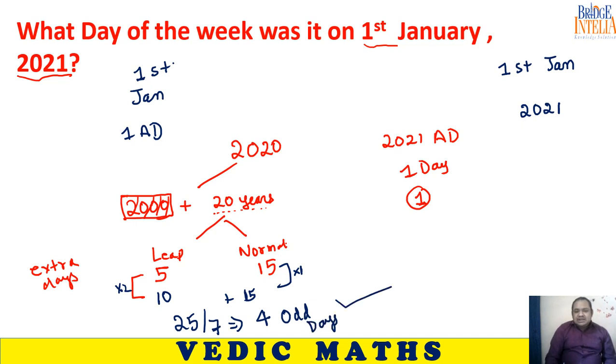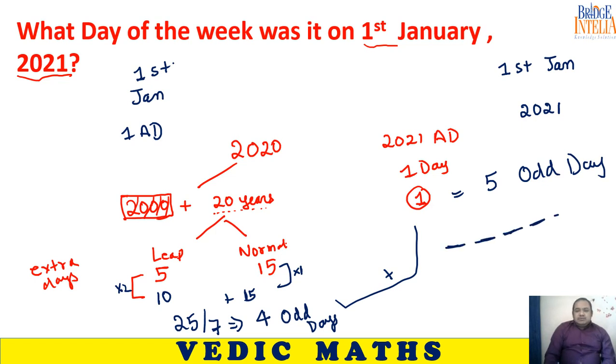from this portion and 1 day from the current year 2021. So 4 plus 1 extra day. So the final answer is 5 odd days. 5 odd days means the fifth day of the modern calendar. So the modern calendar started on Monday. So Monday, Tuesday, Wednesday, Thursday. So the answer should be